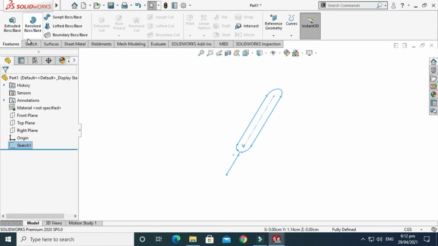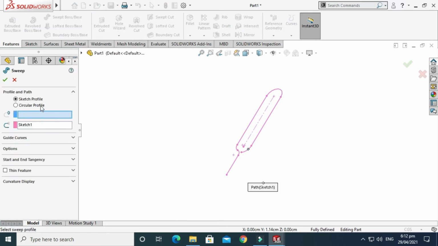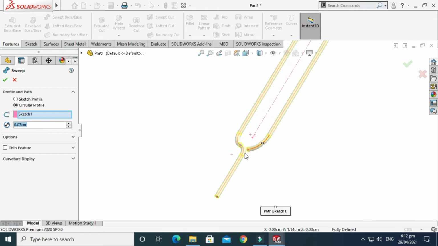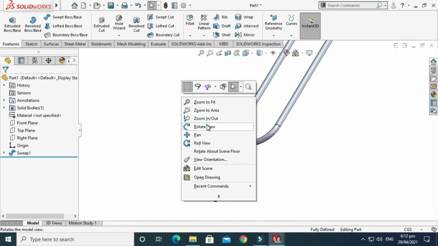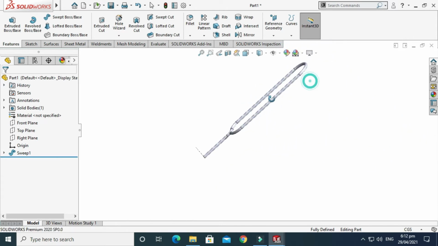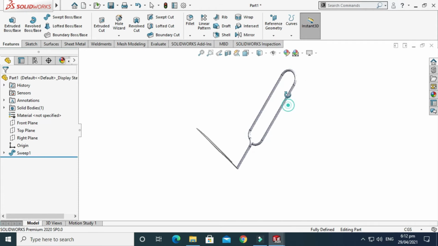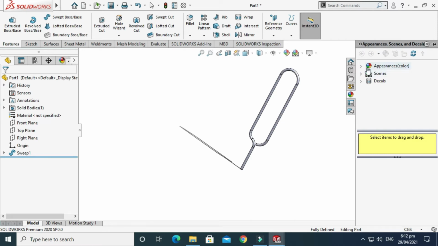Next, I'll go to the features command. These are 3D commands, and I'll go to the swept boss command, and this circular profile is 0.07 centimeters, and I select OK. So we are done with this basic ejector pin exercise, and I'll go to the appearance tool,